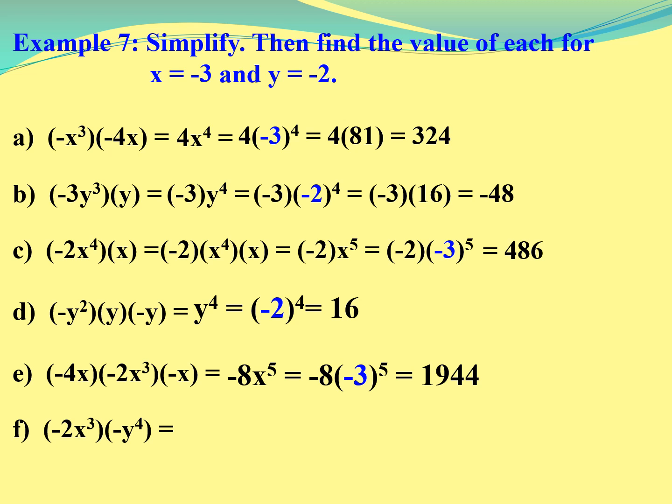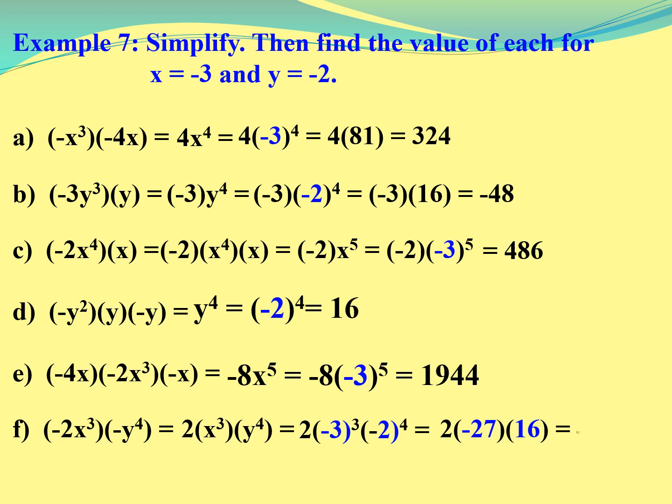Letter F. Negative 2x cubed times negative y to the fourth. So, this is 2x cubed y to the fourth, which after substituting x equals negative 3 and y equals negative 2, we get 2 times negative 3 to the 3 times negative 2 to the fourth equals 2 times negative 27 times 16. Finally, our answer is negative